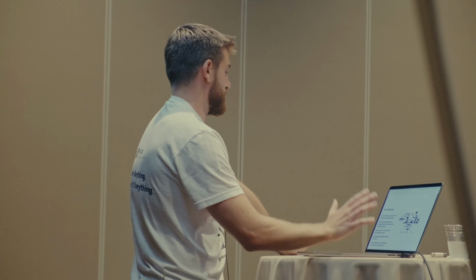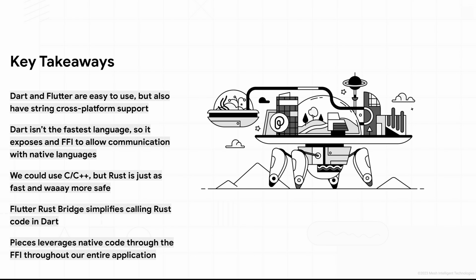But in conclusion, I just want you to know that Dart and Flutter are super, super easy to use. They're an awesome language to use a single code base to develop for multiple platforms. However, Dart isn't the fastest language, but it does expose an FFI, which allows us to offload to really fast languages like C++, C, or Rust. But like I said, C and C++ are not safe. Rust is awesome, but when we want to actually bind it to our FFI, it gets pretty complicated. So we need a tool like the Flutter Rust Bridge to help us do that,